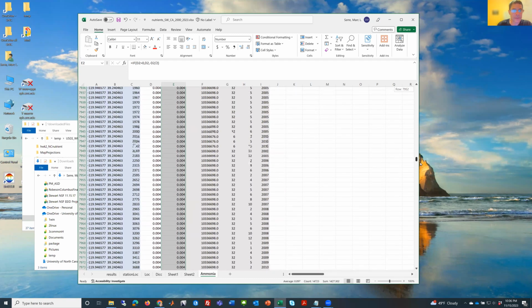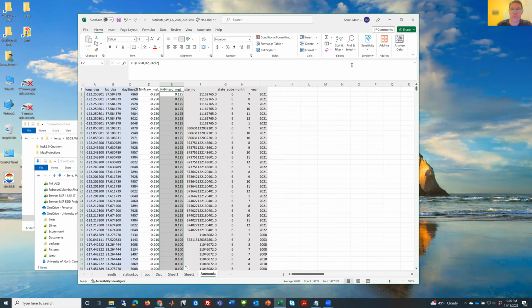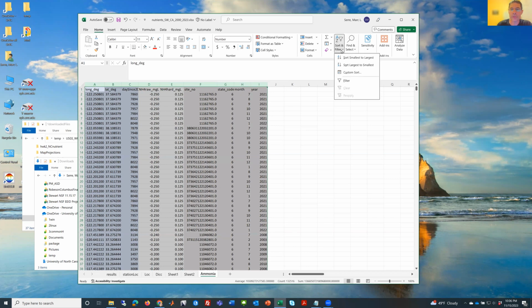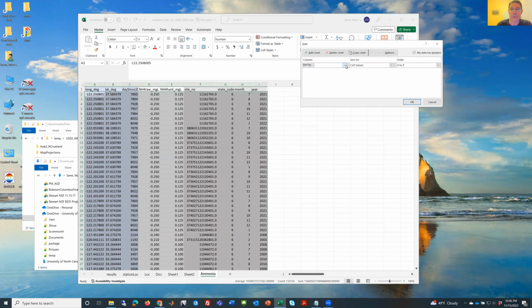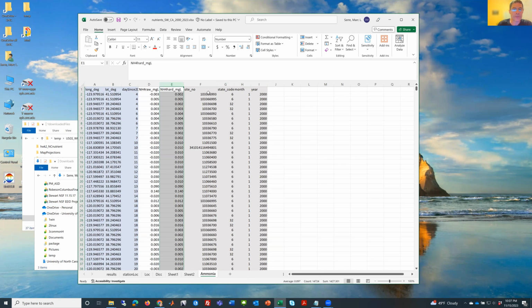And then as I increase value, now when they're positive, I give them their value. And what I could do is select all of the rows and do a custom sort. And we could say we're going to sort them by increasing time and then by longitude to organize them. I'm going to, for the site number, say that I don't need any decimal point. And now I have this final spreadsheet that gives me the longitude, latitude, time, and then it gives me a hardened value for each of the